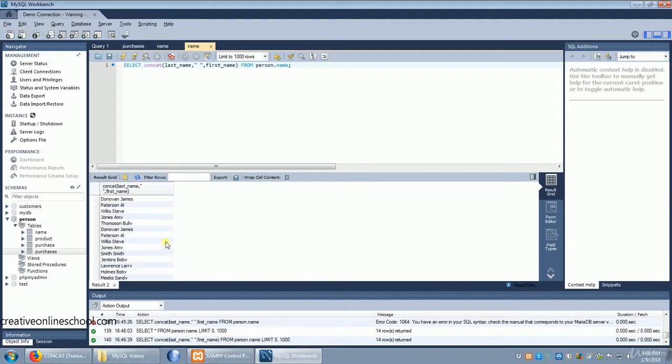Well, that's great for combining things, but what if you only wanted part of the name? Let's say we only wanted the first letter of the first name. Well, we can do that with a substring. In here, we can put substring, or substr. We'll open it up. We'll use the same name,